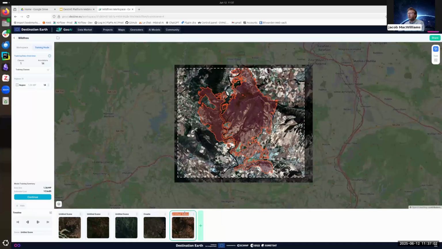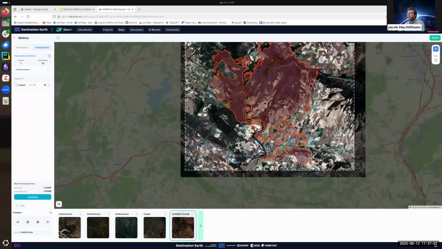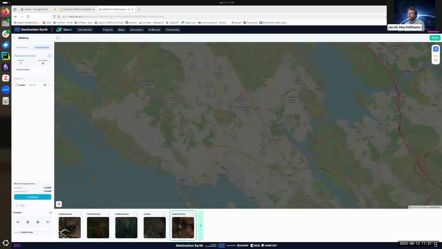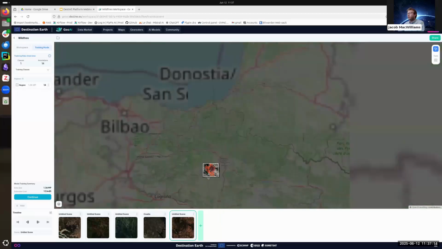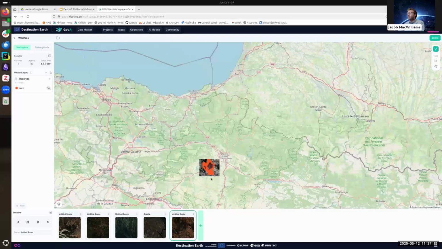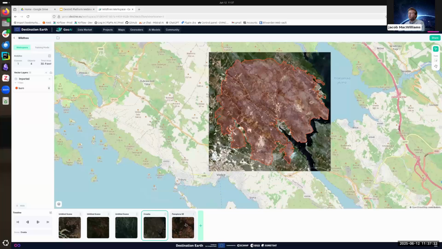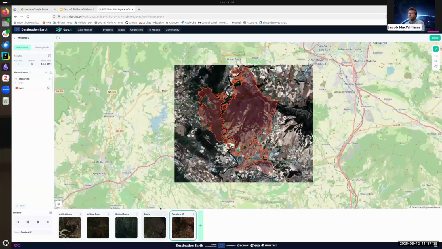Again, here, maybe a nice thing is we can add some context also to these scenes if we want to by changing the scene name. So for example, I named this one Croatia. We can zoom out to get a better idea where we are. So this is Pamplona, just northwest, so we can say Pamplona, southeast, enter, and now that will be in our workspace, and we'll now know where we are when we zoom to the raster, and other members will as well.